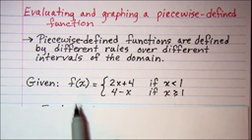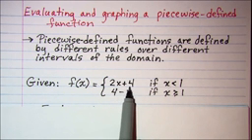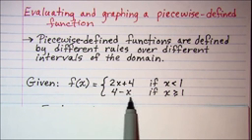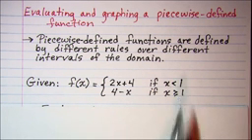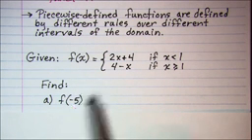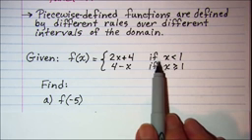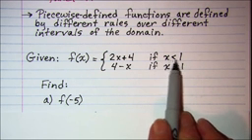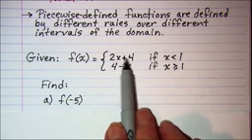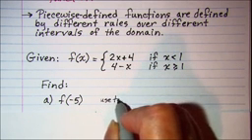So we're given that f of x is a piecewise defined function that equals 2x plus 4 if x is less than 1, and 4 minus x if x is greater than or equal to 1. So here we're told that x is negative 5. To decide which rule we need to use, we're going to look at this part of the function. When x is less than 1, we use this top function. So we'll use the top rule,